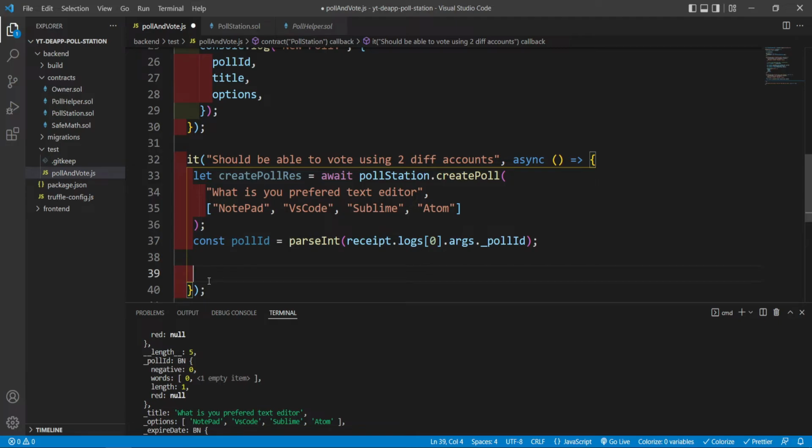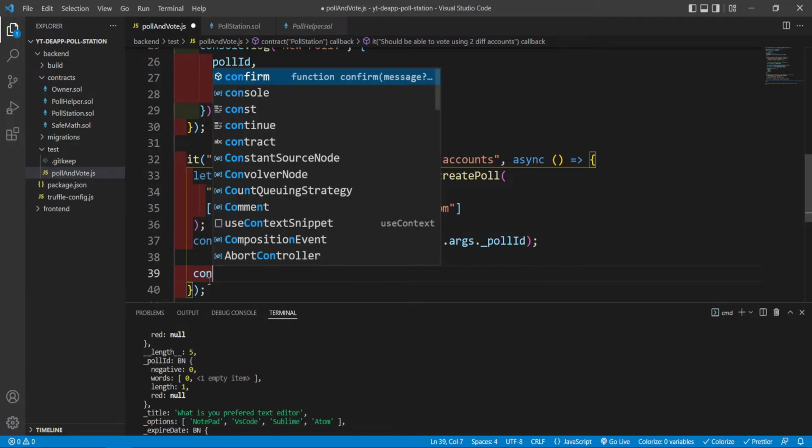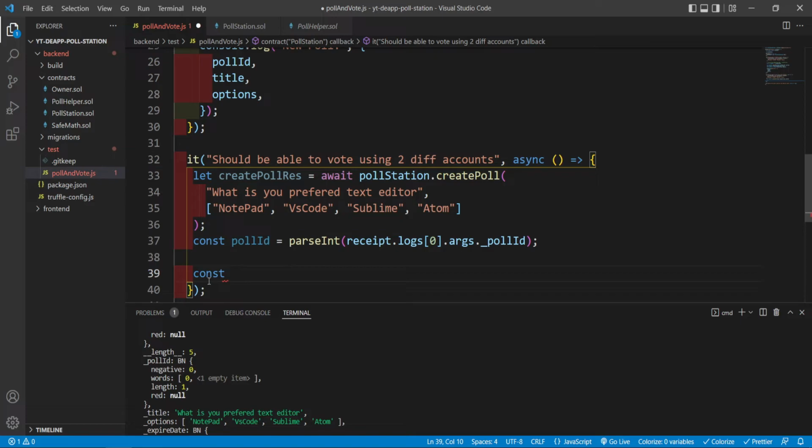So now I'm going to create something new called, let me see. Yeah, we're going to vote, so it's going to be const voteRes equals await